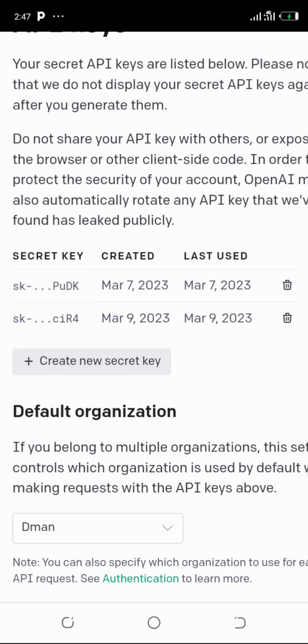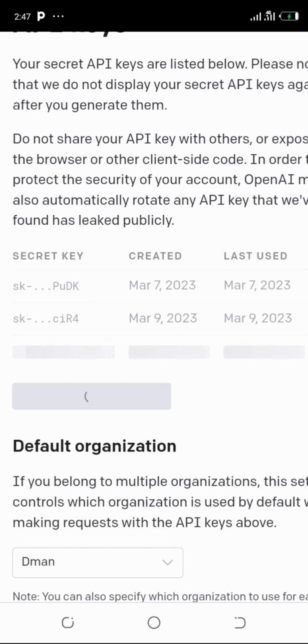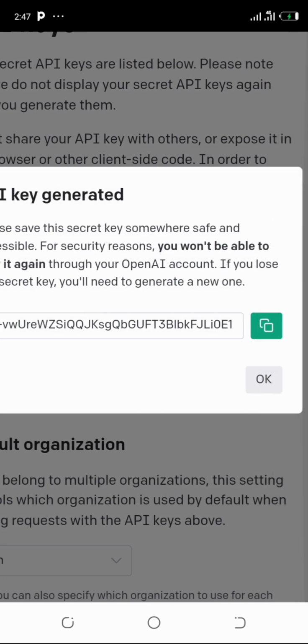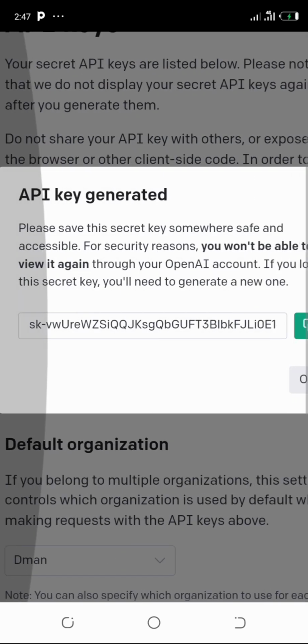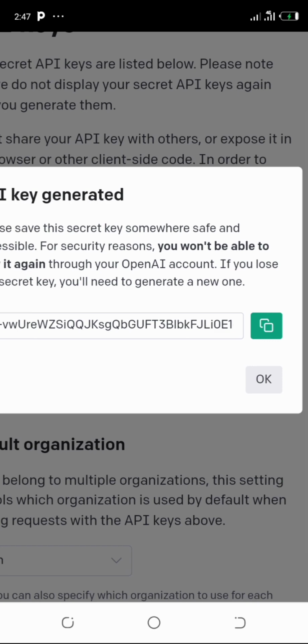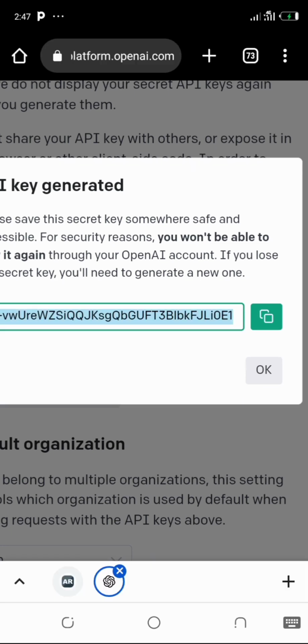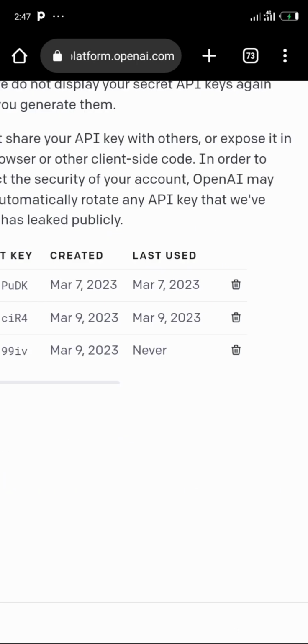So once you click on create new secret key, this is what is going to come up. You see that? So you click on copy. Okay, you click on copy. Then once you click on copy, let me just click on copy. Once you click on copy,